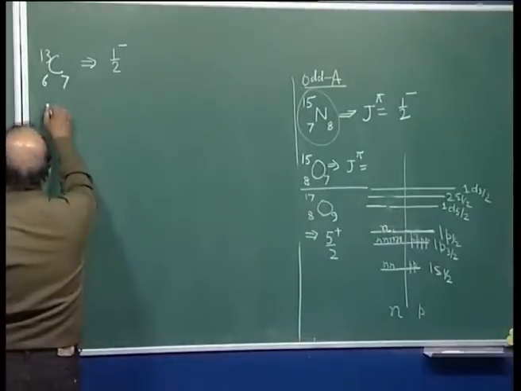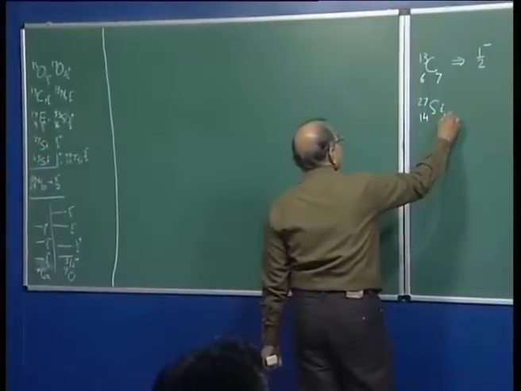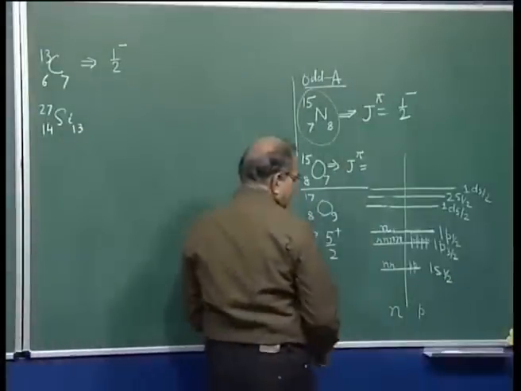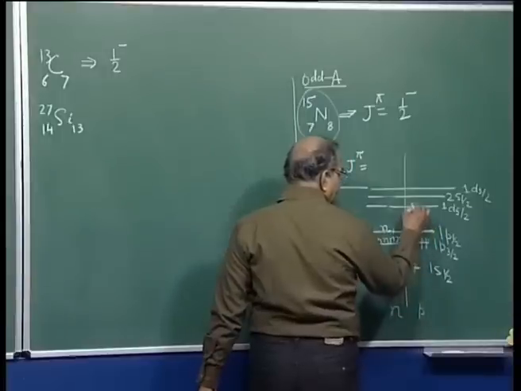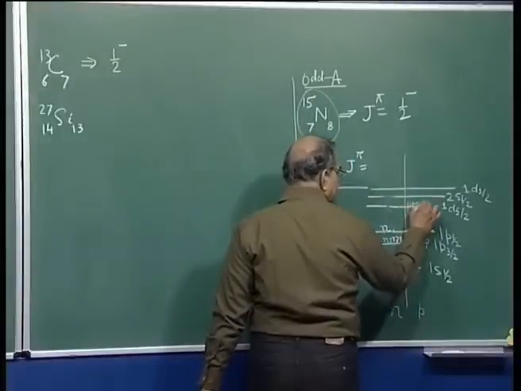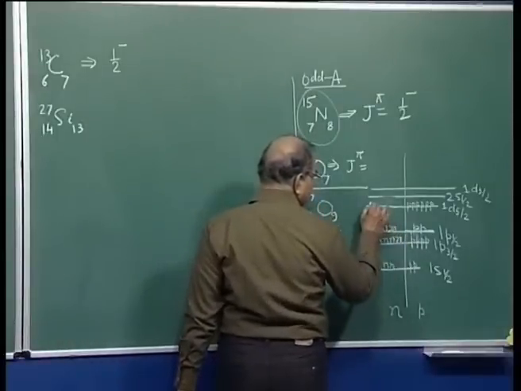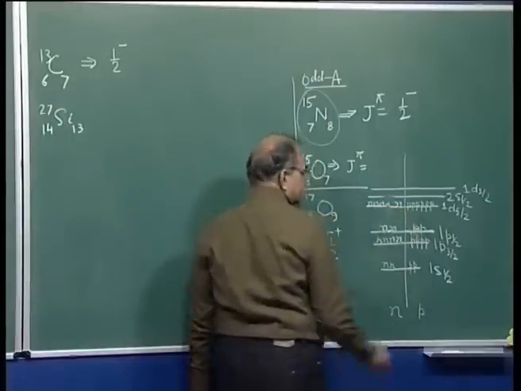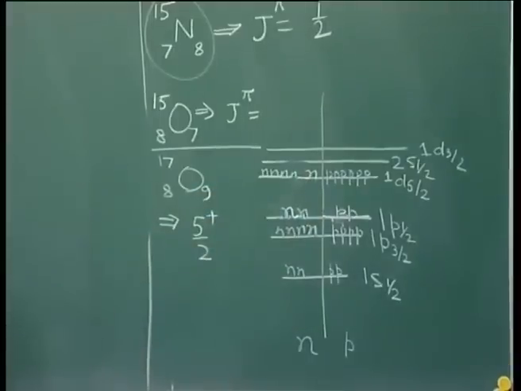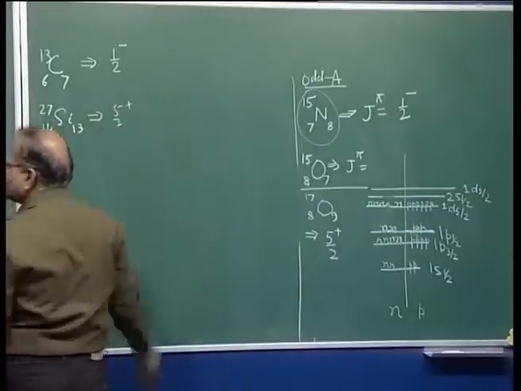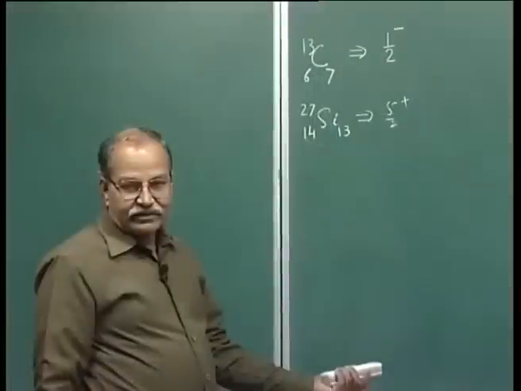You can take for example 27 silicon. What is Z for silicon? Silicon is a very important element. 14, 13, right? So 14, what 14? Z 14. 2 plus 4 is 6, plus 2 is 8, and 6 is 14. And 13 neutrons. So that means what should be the spin parity? 5 by 2 plus, correct. So it is 5 by 2 plus. So most of these odd A nuclei you will find that this extreme single particle model prediction is correct. But I give you one exception also,